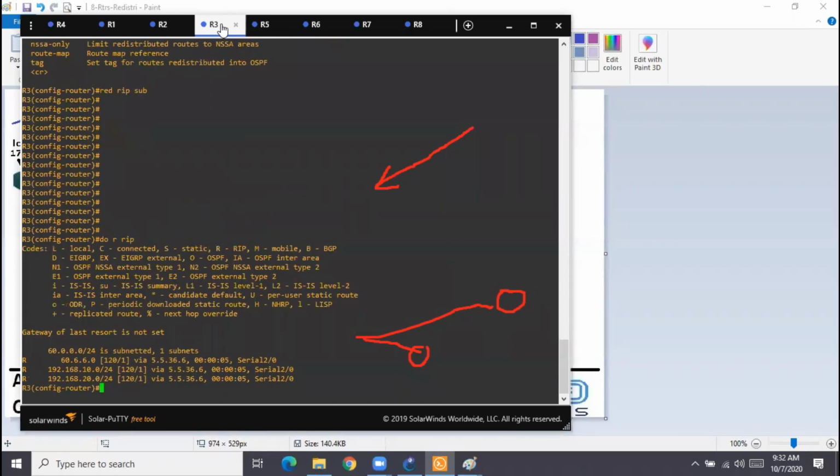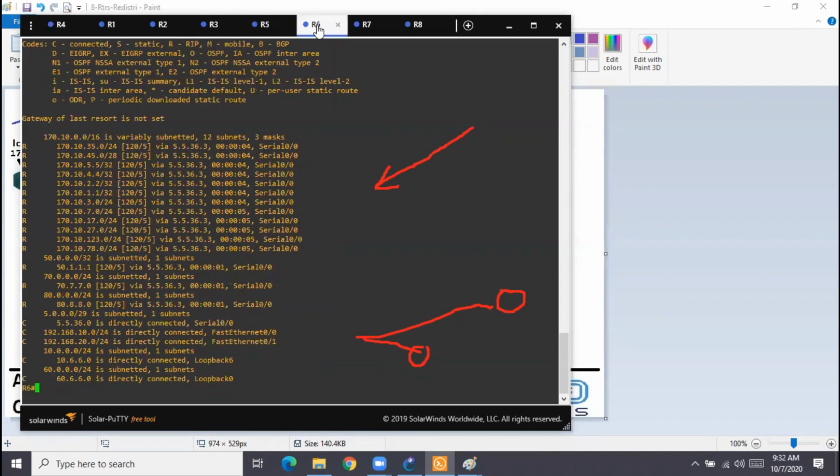R3 is receiving 3 routes, which means R6 is advertising these 3 routes. Suppose now I give you a requirement: R6 should not advertise any private IP address routes to R3.